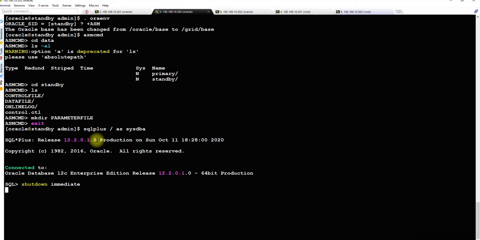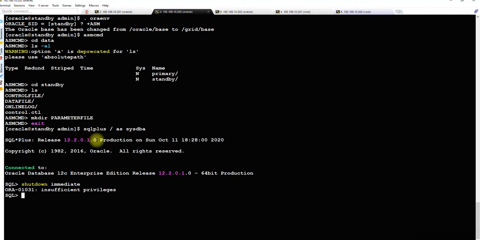So the strategy will be, currently the spfile is identified in the location ORACLE_HOME/dbs with the name spfilestandby.ora. You need to migrate that to the disk group. For that, I'll create an init file, initstandby.ora, from the spfile.